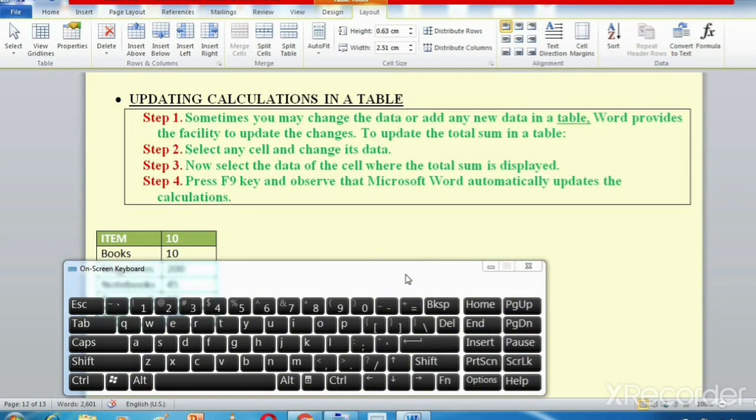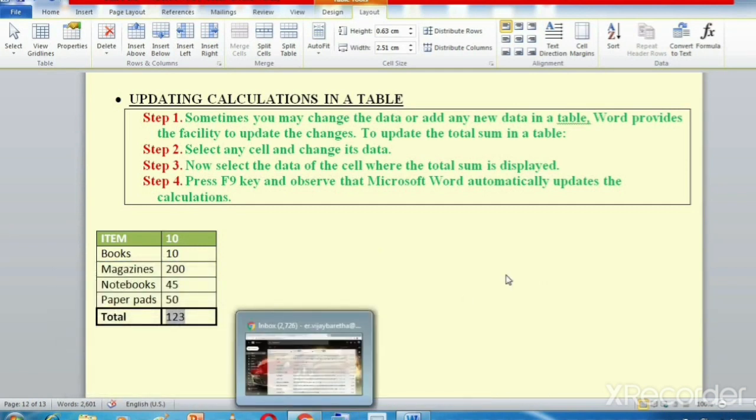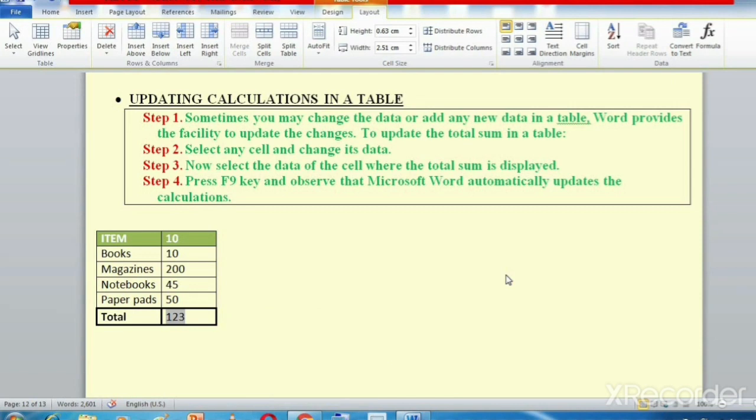I am going to press the function 9 or F9 key, which is at the top of the keyboard. Okay, is my F9 key not working or what?